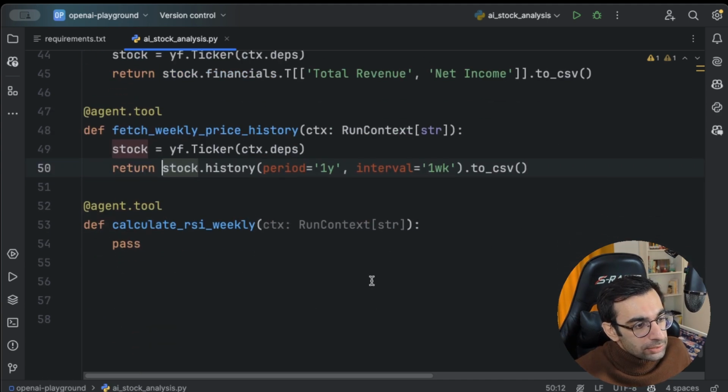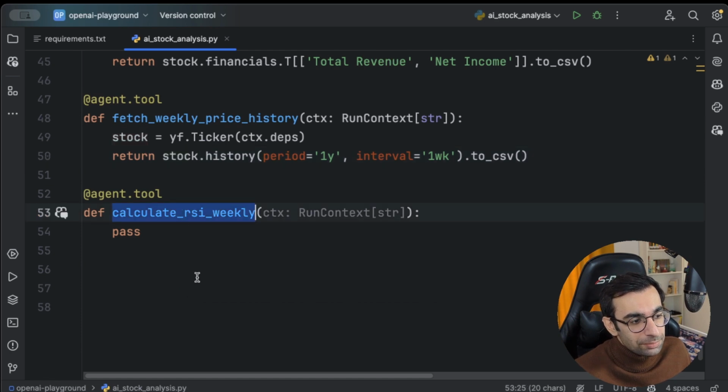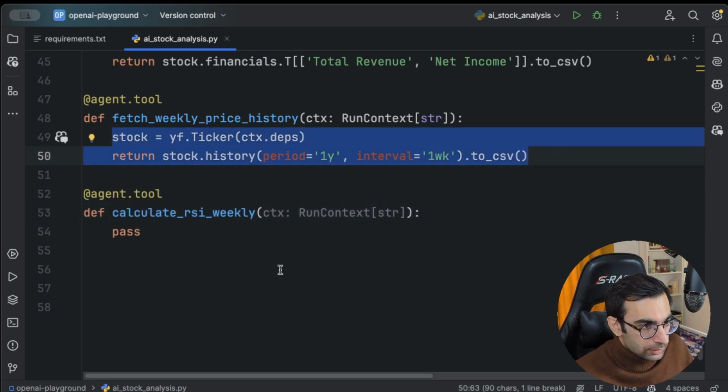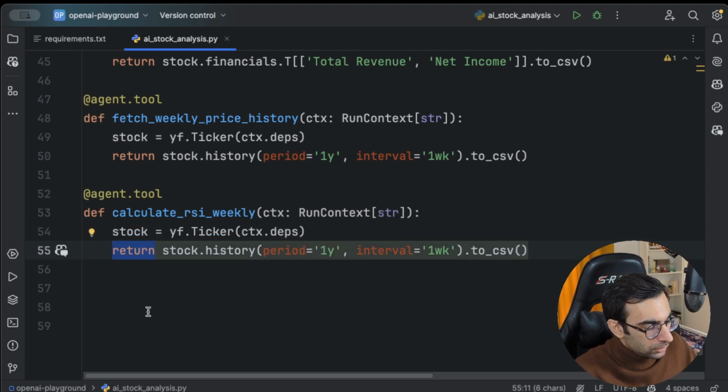And then to calculate RSI weekly, this is something that is not that easy. It needs a little bit of coding, but just to explain it to you, RSI is a momentum indicator, and it's gonna show you how strongly and how quickly a price change is happening. So for this, we need to calculate average gain and average loss in a certain time period, and then calculate this using a formula that I will show to you. I'm gonna fetch the same price history that I showed you,